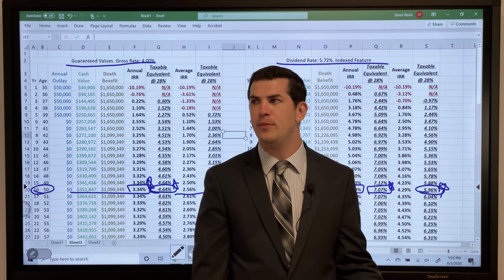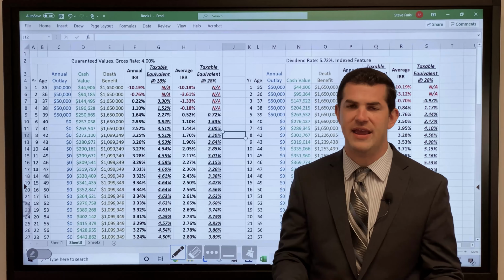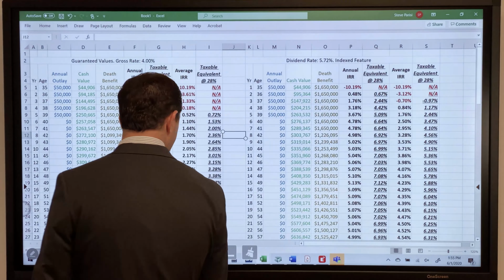And I would never suggest one look at a whole life insurance policy instead of another investment strategy, or instead of a property purchase or putting money in the market, whatever our thing is. I always look at it as, how do I enhance my present situation with this? If I park money or have money just in cash or something like that, great alternative in that respect. So a nice taxable equivalence here.